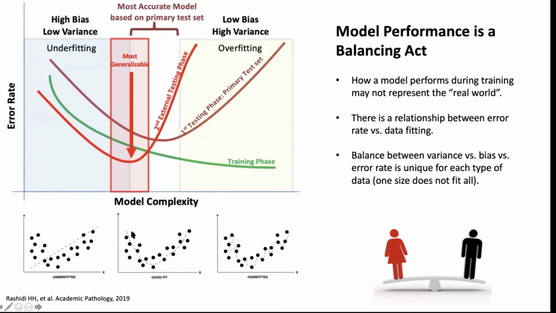And then finally, maybe a hyperbolic function curve might fit best, and a lot of times that's the case. And so that ends up being your best fitted model. And that's what we mean when we say the balance between bias and variance, so that you can ultimately find the best fitted model that minimizes the overfitting phenomenon and is the most generalizable.